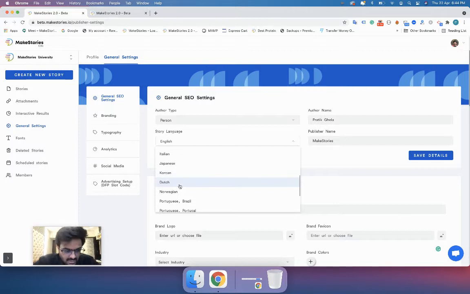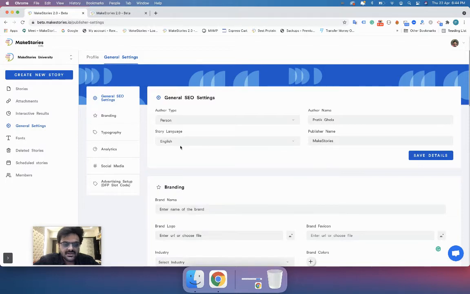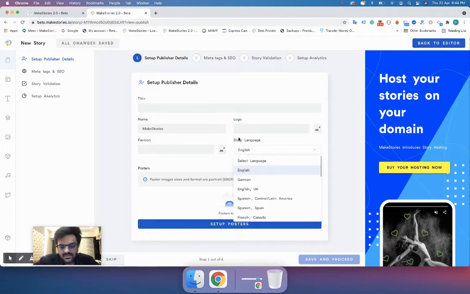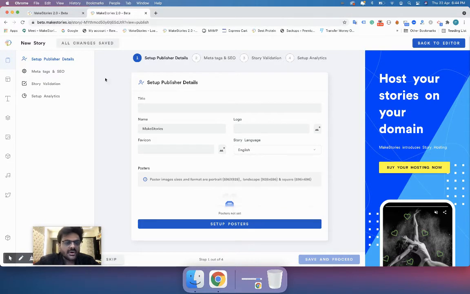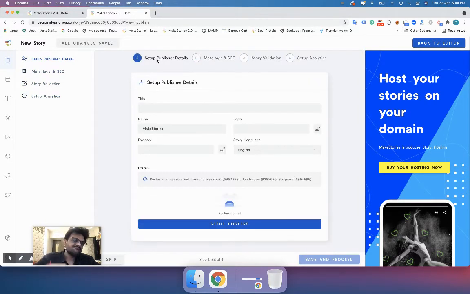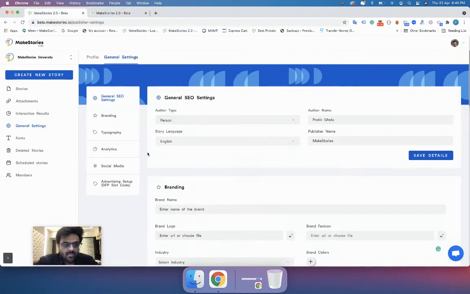And if it is not available, then at this point of time, just assume that the AMP team has not yet opened the support for your language. So I will keep this as English for now, but if you want, you can change the language. Again, you can also change it while you create your story and make it ready for publishing. More details about this 4 step publish will be covered in our lesson regarding only the publishing.